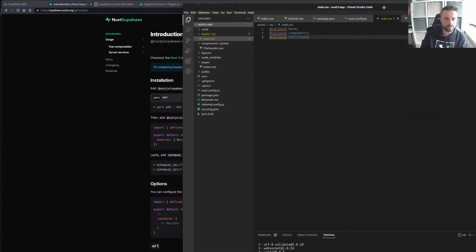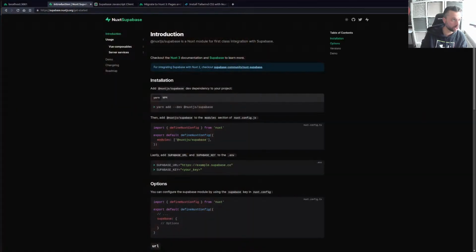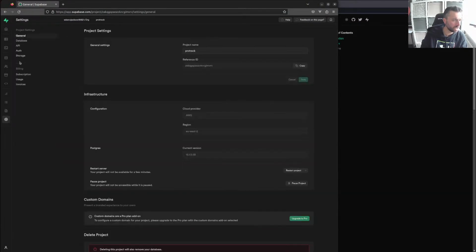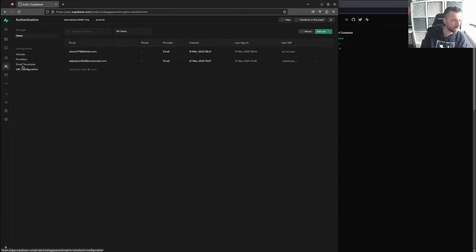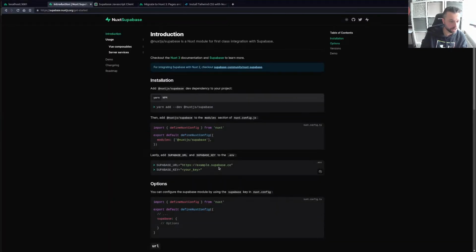Right, and I've added my env details, but in Supabase they're really easy to find. You just need to jump into your project settings. I believe. Where are they? Authentication? No, project settings. Yeah, they're in there. You'll be able to find them in project settings. API, project settings and API, and the ones you want are your URL, and then your anonymous, your public key basically, and those are the things that you need to paste in